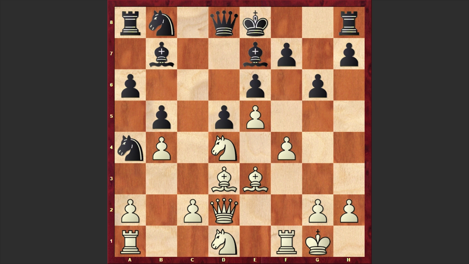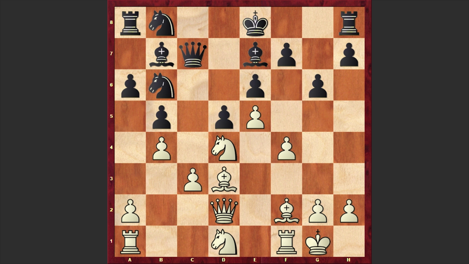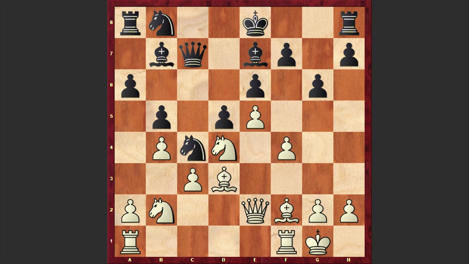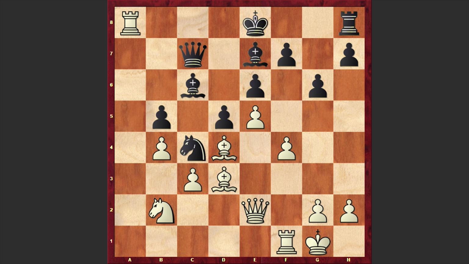Knight a4, c3, knight b6. This time the knight is coming on c4 square and bishop f2. We have queen c7, knight b2, knight c4, queen e2, knight c6. Finally, black developed his queenside knight, and we have a4. Knight takes d4, bishop takes d4, bishop c6, a takes b5, a takes b5,